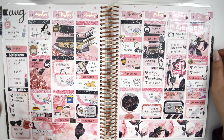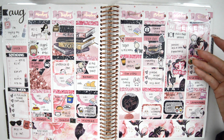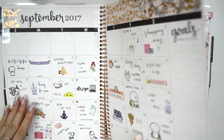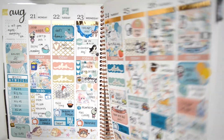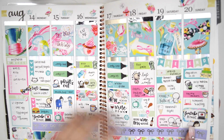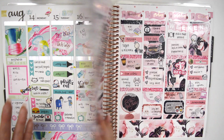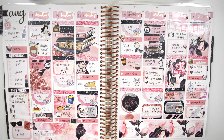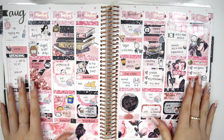So moving on, we are moving into September now, and I really love this spread. After pulling in a lot of things, like headers, or this one where I only had full boxes and had to pull in a lot of things, it was really nice to just use a kit that I didn't have to pull things out of, where I can just